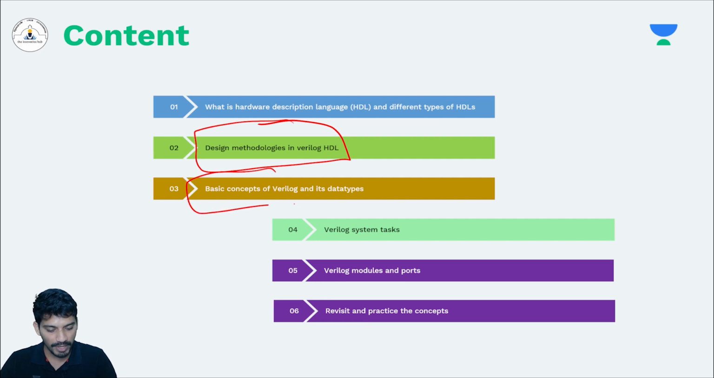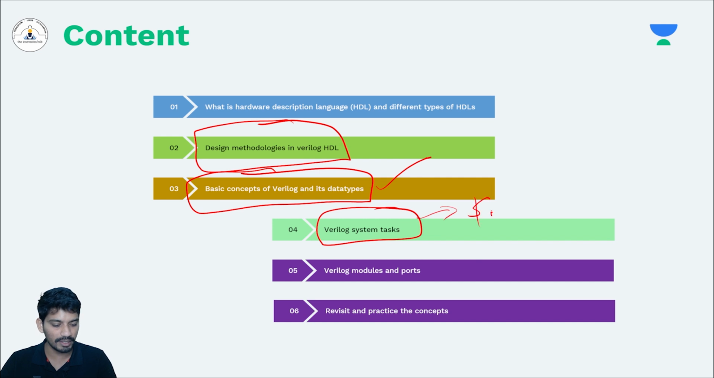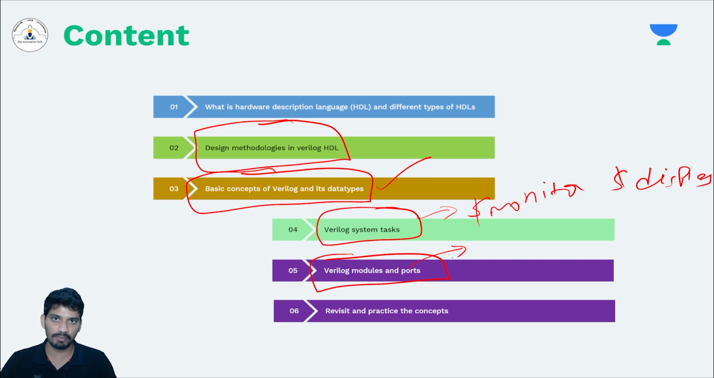Then we will see the basic concepts of Verilog and its data types. Then some of the system task functions such as $monitor and $display. We'll see what their uses are in this session, and then we will see what a Verilog module is and what the different types of ports available in Verilog are. And finally, we will revisit all these concepts that we have learned in this session by doing practice in Vivado